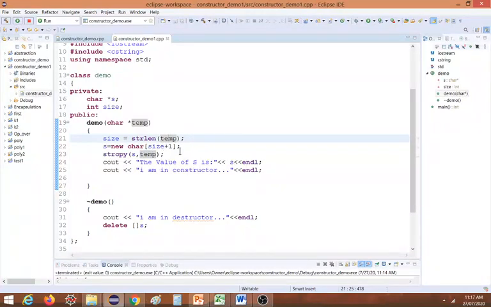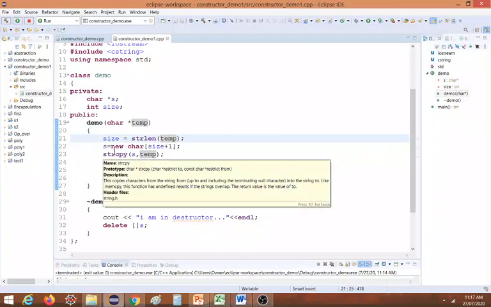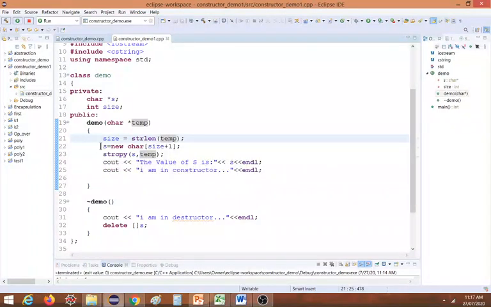So here I am allocating size for s as size of temp plus 1 by using new. Then I am copying with strcpy: after reserving memory for s, I am copying this temp string to the string s.